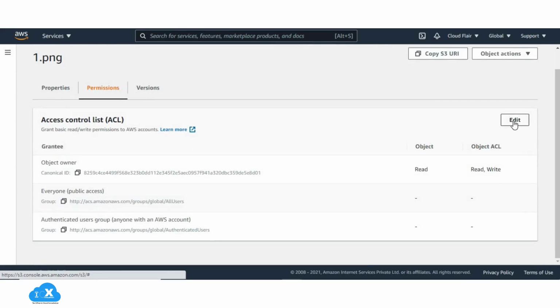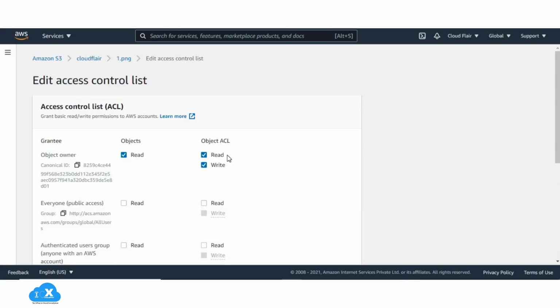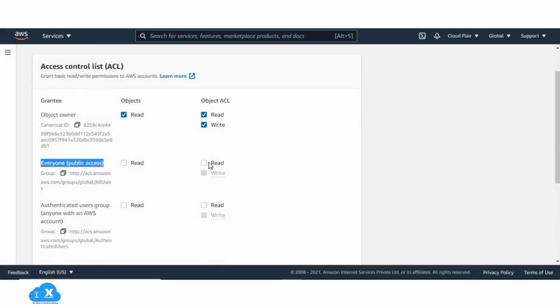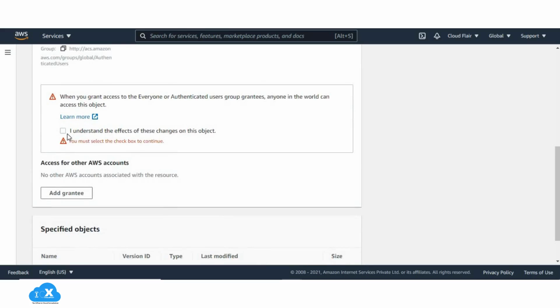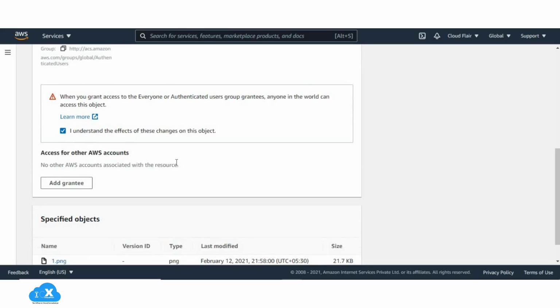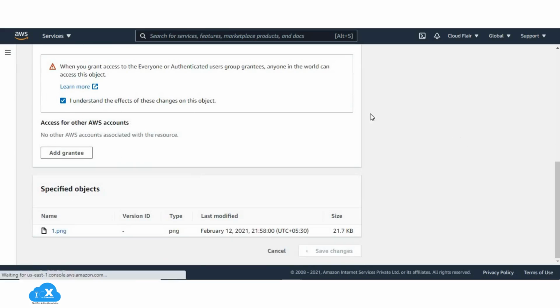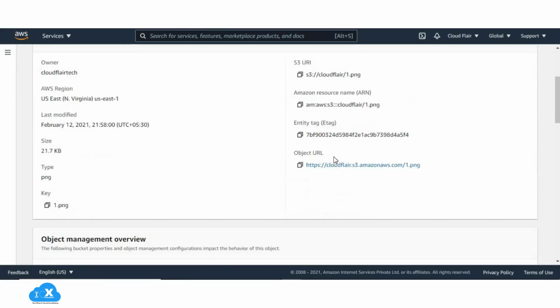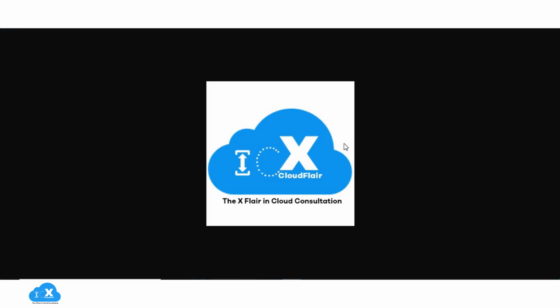You can manage object access permissions for the following: Access for Object Owner, Access for Other AWS accounts, and Public Access. To grant access to your object to the general public, everyone in the world, under Public Access, choose Everyone. Granting public access permissions means that anyone in the world can access the object. Select the checkboxes for the permissions that you want to grant, and then choose Save. Now you can copy the object URL and open it in a new tab. Now you can see the object is publicly accessible.